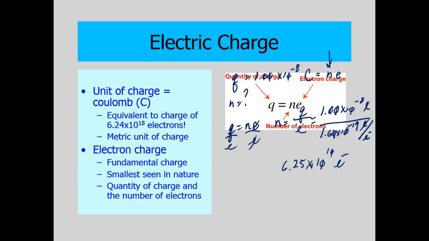Combing your hair is going to move around 62.5 billion electrons. Yeah, electrons are very, very small. It doesn't take much to move that number around. Just comb your hair, move that many, like 62.5 billion electrons. Okay, 6.25 times 10 to the 10th electrons. I like to put that extra little minus sign there to remind myself that's an electron, not something else. Okay, that's on electric charge